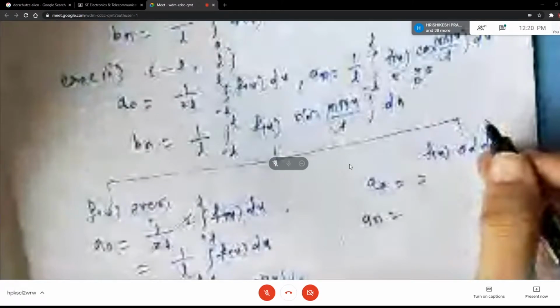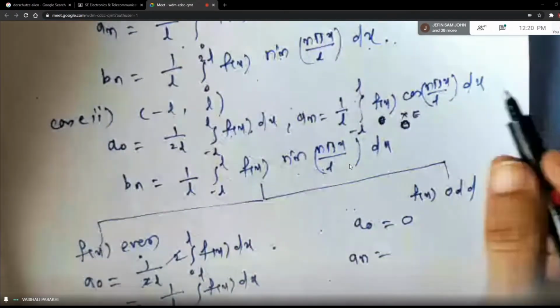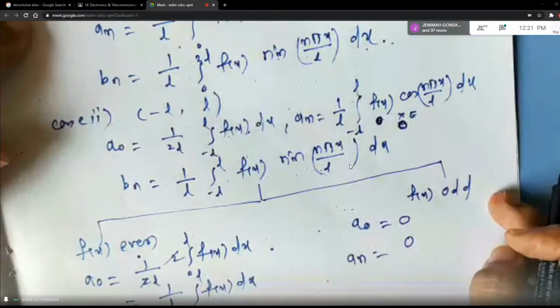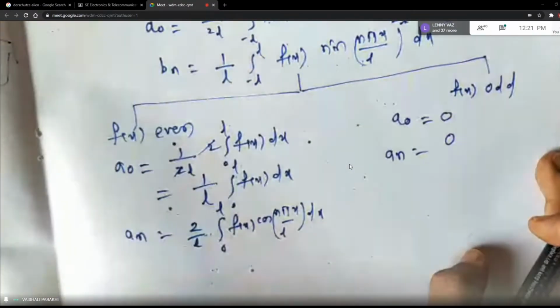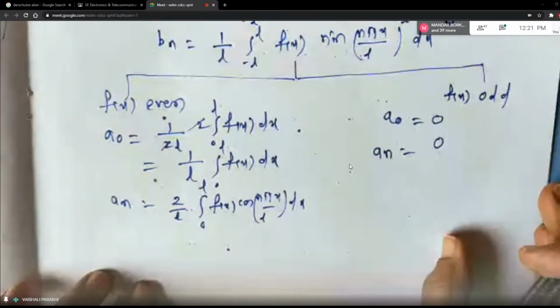Now let the change. Now our function is odd here. What is odd into even? Odd into even is an odd function. And what is the integral of an odd function? 0. Within the limits minus L to plus L. Okay, is that clear, students? Any doubt? If you have, please unmute and ask the questions.